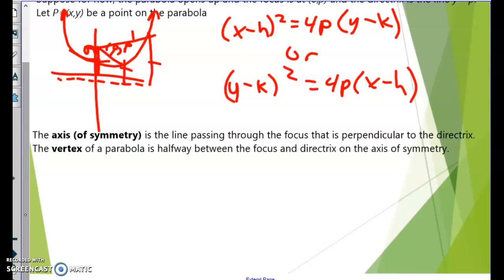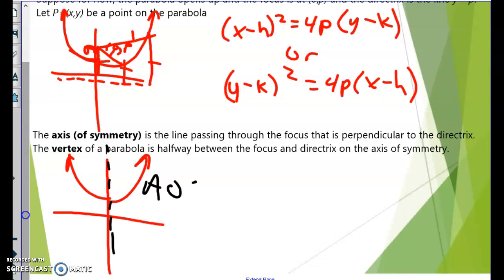The axis of symmetry. So if I go back to my parabola, and I have the same on both sides, this is my axis of symmetry. Okay, and this would be my vertex, and this would be my focus, and somewhere down there would be your directrix, wherever it happens to be. All right,